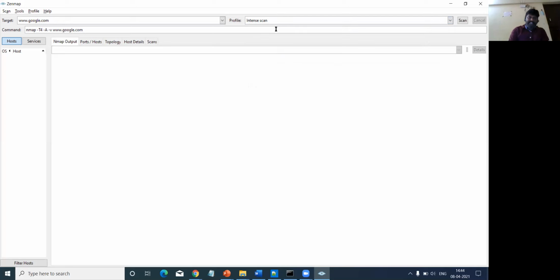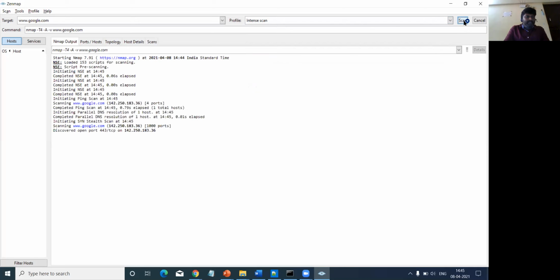Here I am just selecting the basic profile, which is the intense scan. After that you can just click scan. It will start scanning the site we entered. Can you all see the execution window?